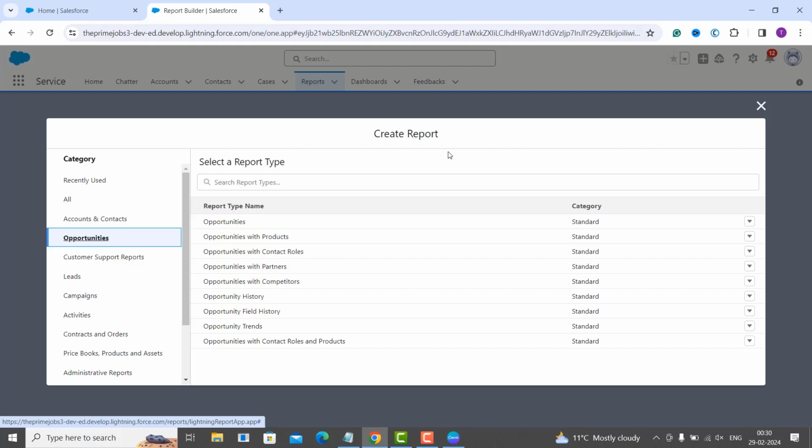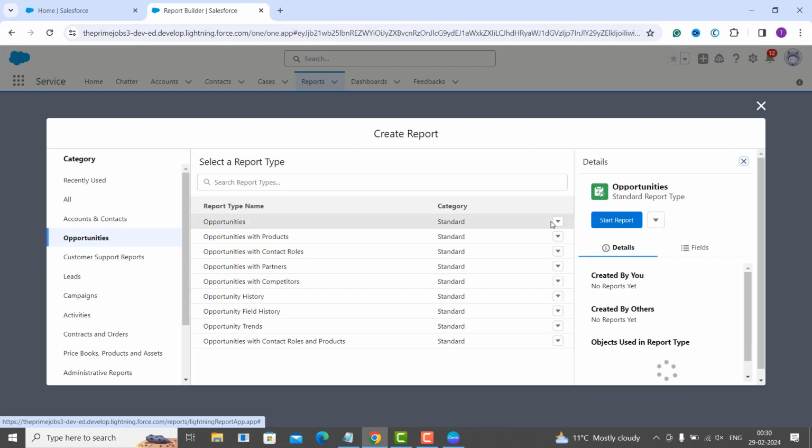We are on this page, that is the select a report type page. So let's suppose here I have chosen Opportunities as the report type. I click on that and it will give you a Start Report button on the right side. You need to click on this Start Report button to generate your report, or you can say to create your new report. Before we discuss this in detail,